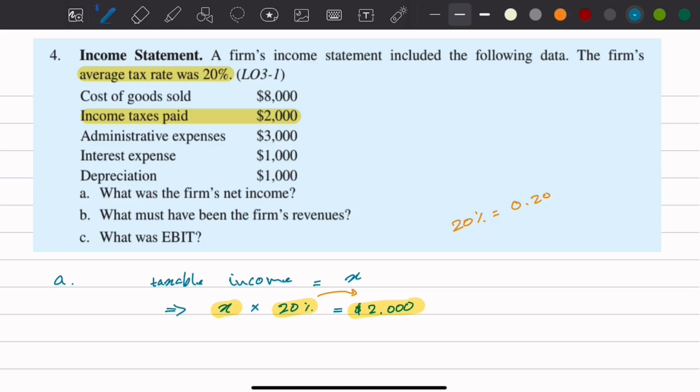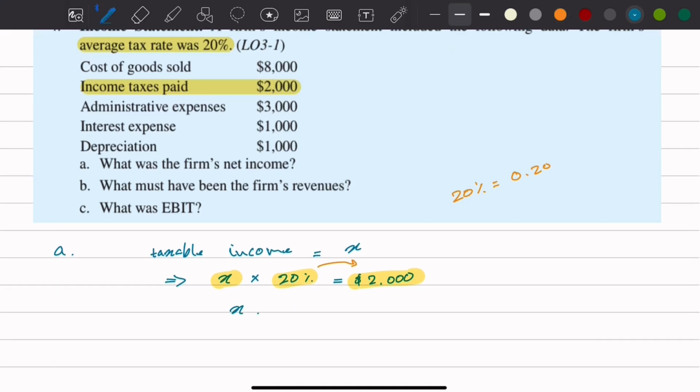So that means X is going to equal $2,000 divided by 0.20, right? We move to our calculators. 2,000 divided by 0.20, and that is $10,000,